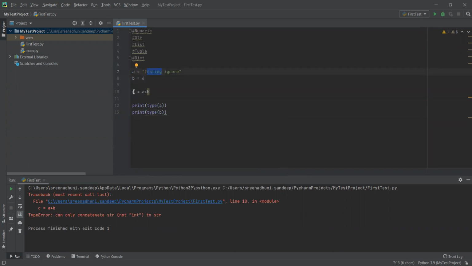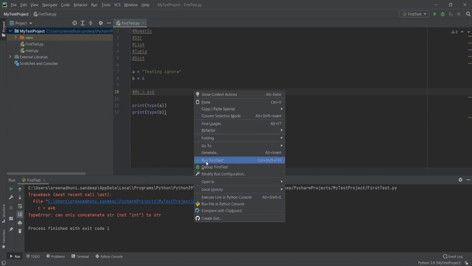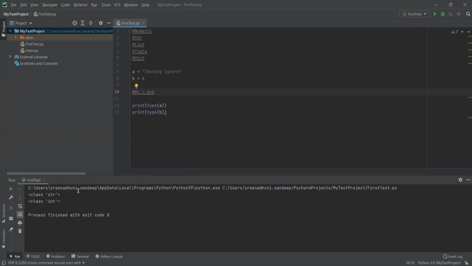That is the reason we are getting the error. Let's comment this code and execute. So now you can see here, a is type string, and b is type int, so integer type. Okay, so now this is all about the string data type.